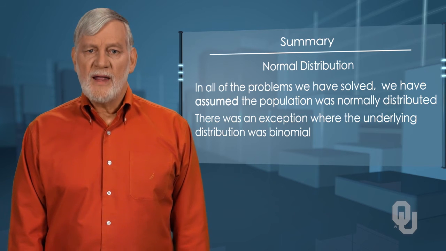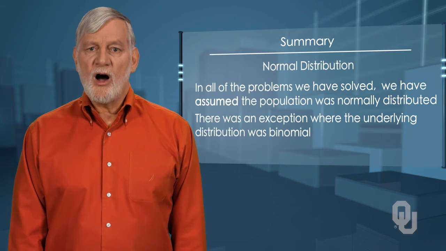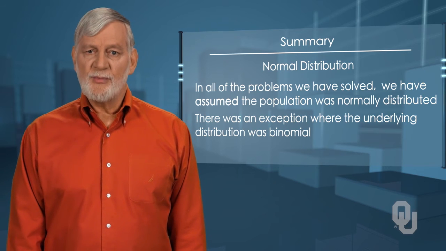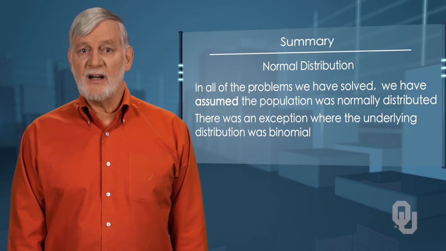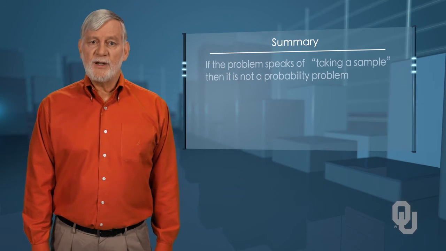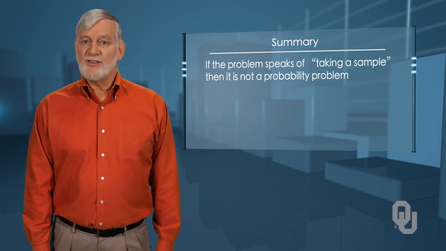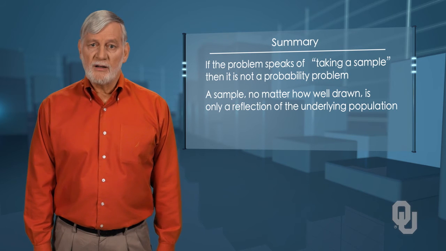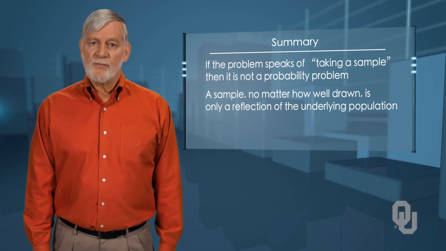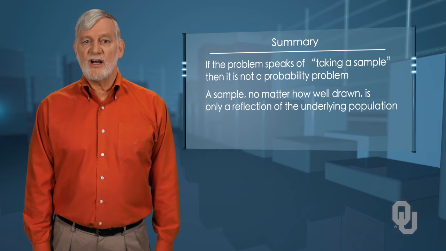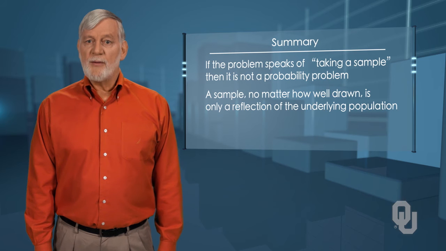Always remember that a probability problem is only a probability problem if you know all there is to know about the sample space or the underlying probability density function from which the data are generated. If the problem speaks of taking a sample, then it is not a probability problem, because a sample, no matter how well drawn, is only a reflection of the underlying population. It remains for the next unit to discuss just how samples can be used to make inferences about the population